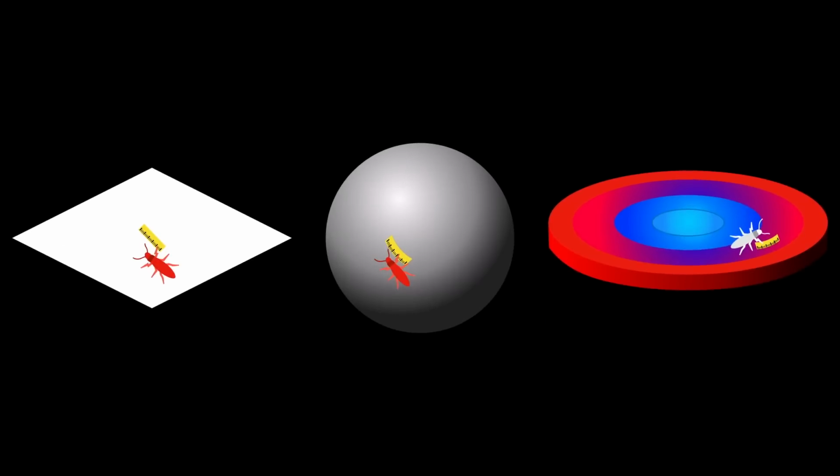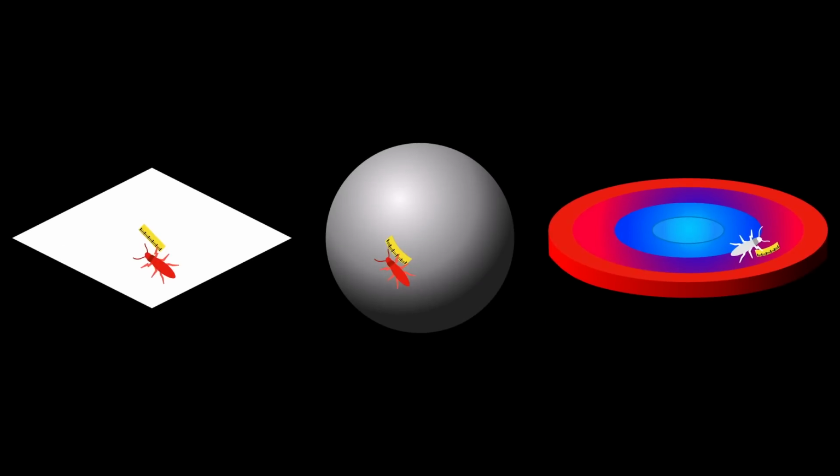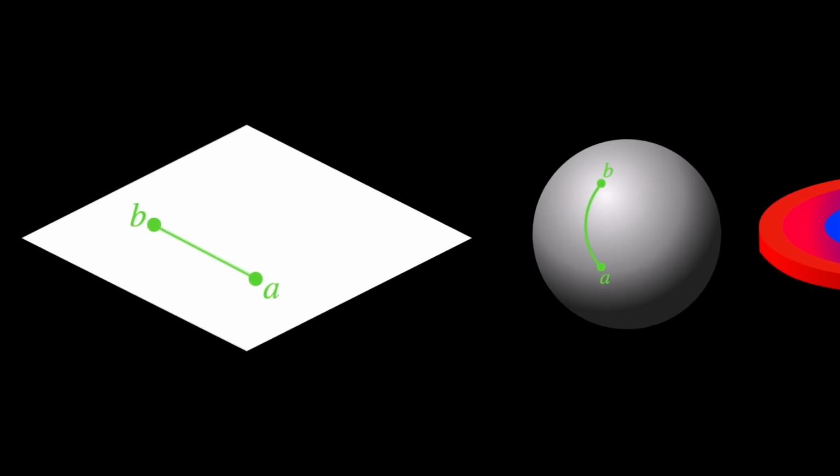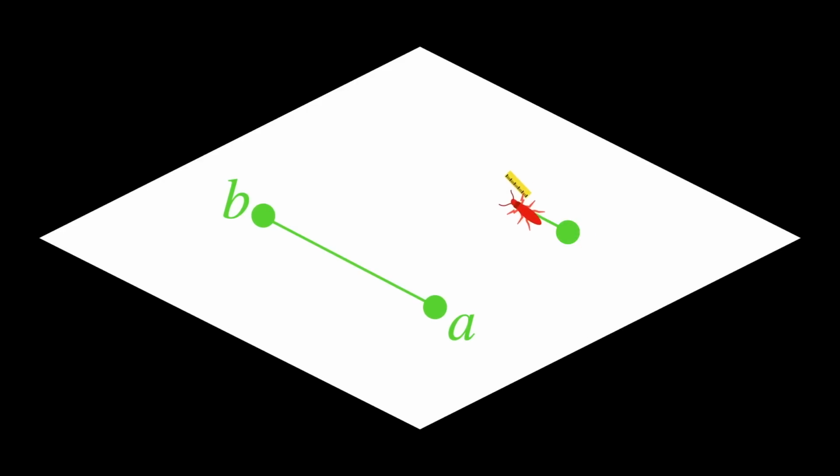But we forgot to tell you that these are no ordinary bugs. They're actually very smart, and they want to study geometry. They draw lines, make rulers, and measure lengths. One of the simplest ideas they learned is how to draw straight lines in their respective spaces. A straight line is defined as the shortest distance between 2 points. The first bug makes beautiful straight lines.